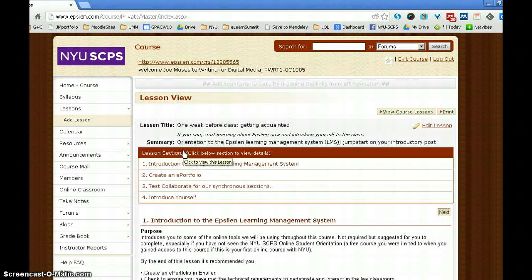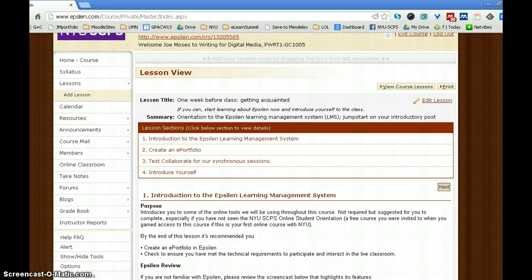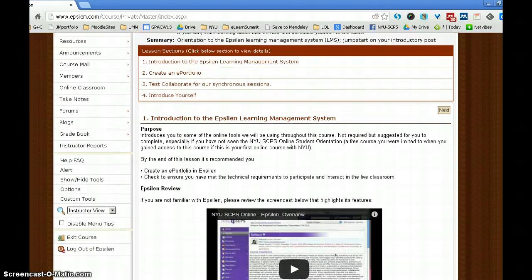When you go into lessons for the course, you'll see 1 week before class, getting acquainted, and there are 4 items to pay attention to. One is getting introduced to the epsilen learning management system, and if you've already taken a course using epsilen, you can skip this. Secondly,